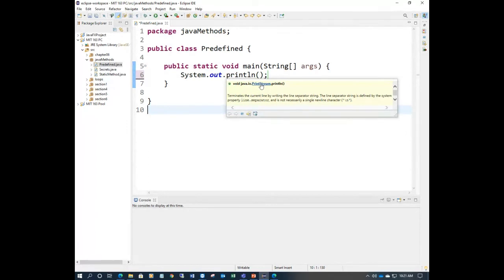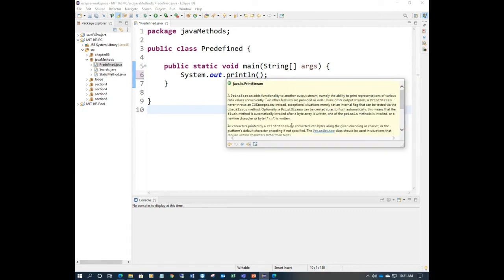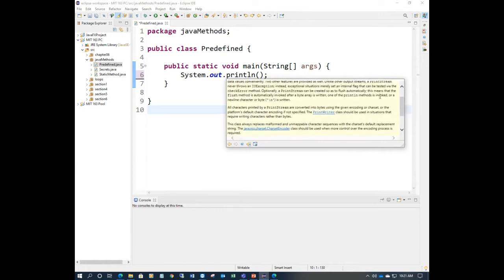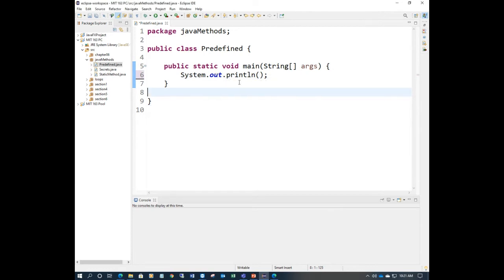You see there is an underline. When I click here, you'll see more information about this. If you want to read this information, go with this. It says the method is invoked with a new line character. So again, there is a hierarchy of understanding. This is a method, and whatever you write here, for example Java, it will print Java on the console. Save your program and let's run it.